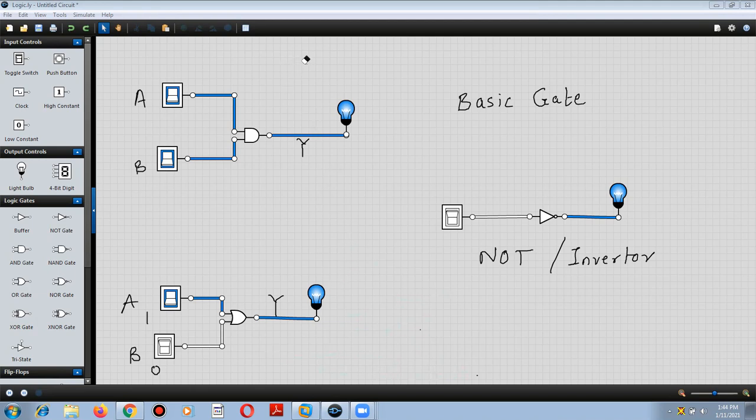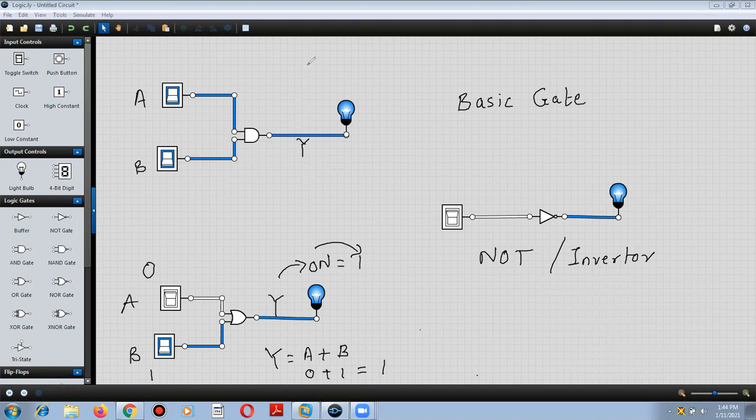Now in the next case, we'll take B equal to 1 and A equal to 0. So let me change the input. A equal to 0 and B equal to 1. Now I will turn off this switch and turn on this switch. Now see, B is equal to 1. Again, the output is that the bulb is on, and on we consider as 1. Equation y is equal to A plus B. Here A is 0, B is 1, therefore y is equal to 1. So y is 1, therefore output is 1.